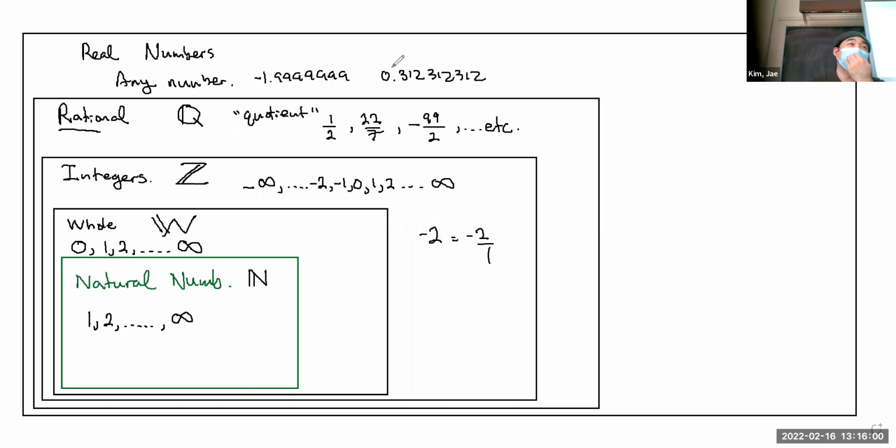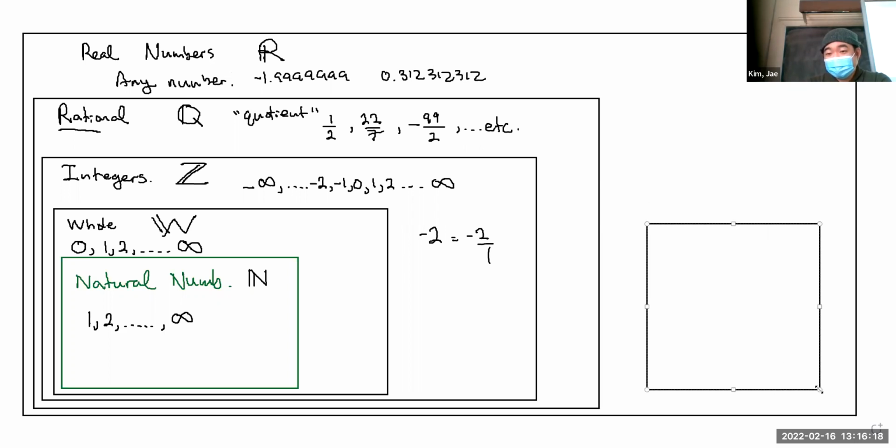Actually, no, that's a lie. Any number. I was correct the first time. Any number. Sorry about that. How we write real numbers, it's an R. Any number out there. So I have a little box here